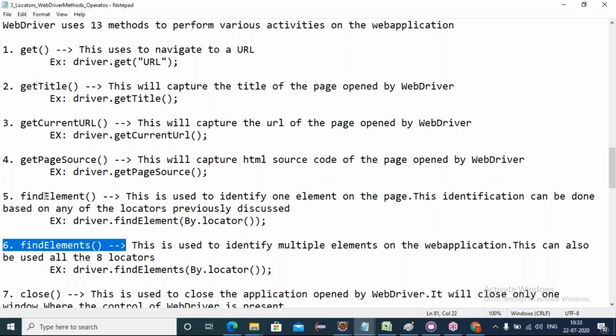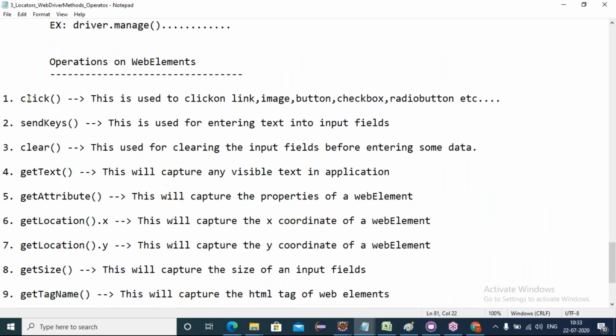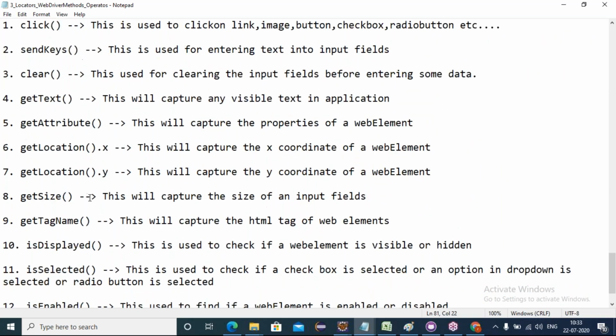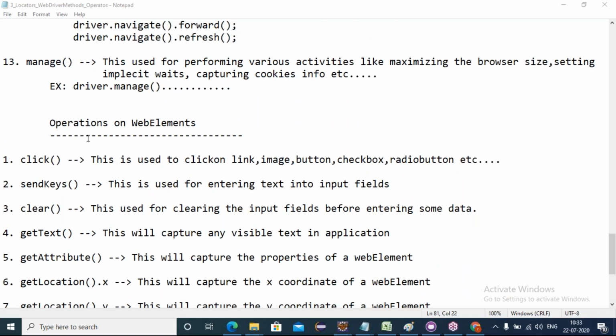After finding the element, single or multiple, using any of these locators, lastly we perform the operations: clicking, sending text, clearing text, getting text, or validating things. So hope everyone is clear till here? Friends, is everyone clear? Thank you. Tomorrow we'll see all these things practically implemented.